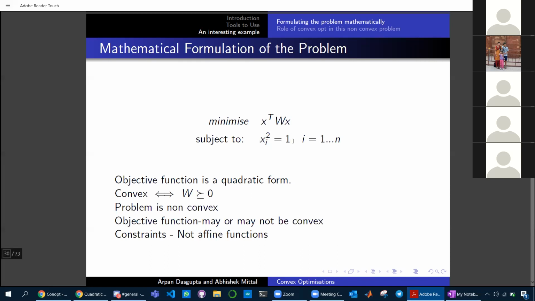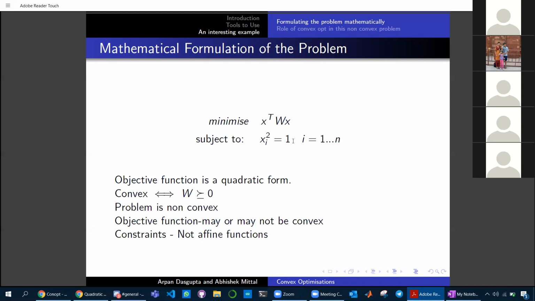As was mentioned as a condition of a convex optimization problem, our equality constraints have to be affine functions, meaning that they have to be linear. But here, as we can see, our equality constraints are not linear. They're in fact non-linear. So this is not a convex optimization problem at all. It is actually purely non-convex.